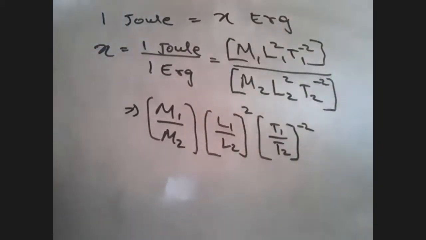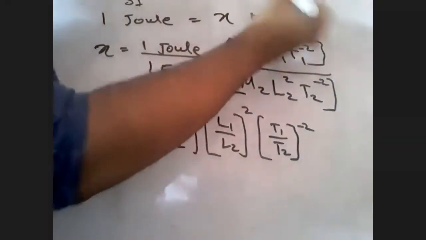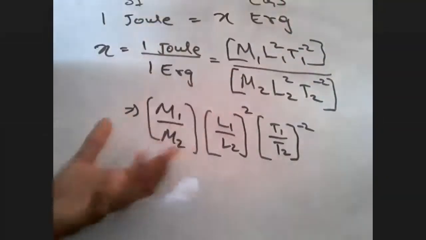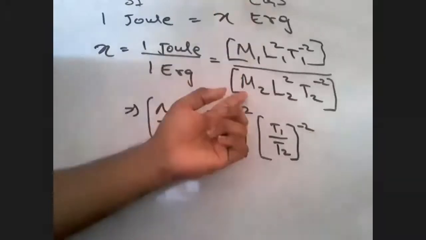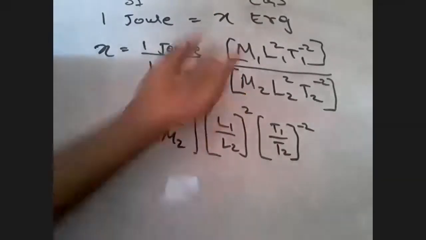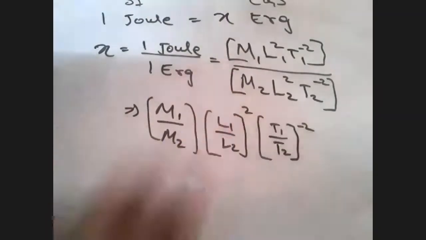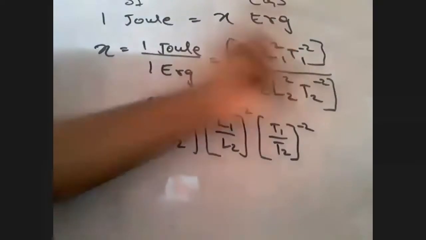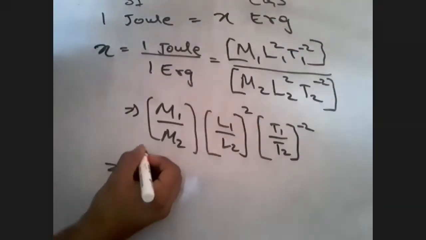Now here is the important part, students. Here joule was in which system of unit? It was in SI unit, and erg was in which unit? It was CGS unit. So as soon as you look at SI unit, CGS unit, you should know that this erg is in CGS unit. So the mass will be in gram, length will be in centimeters, and T will be in seconds. And joule, of course, you know it is kilogram, meter and seconds again. So accordingly, you write down the units.